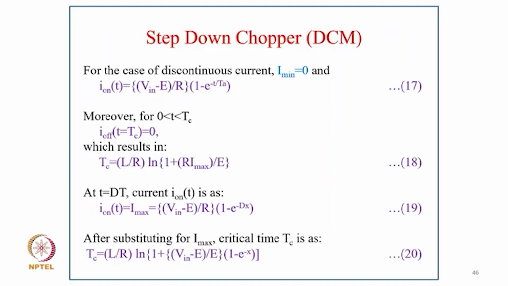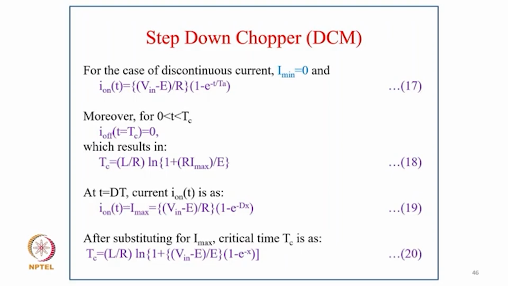For the case of discontinuous current, I minimum is 0. So I O at t equal to (V in minus E) upon R, in bracket, 1 minus e to the power minus t upon tau. Moreover, from 0 to t c, I of t is equal to 0, which results in t equal to L upon R logarithm in bracket 1 plus R I max upon E, and at t equal to D T, the current I on is